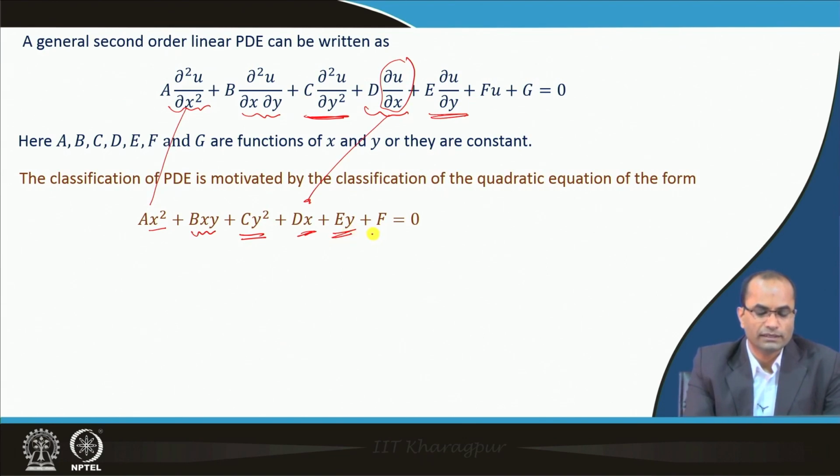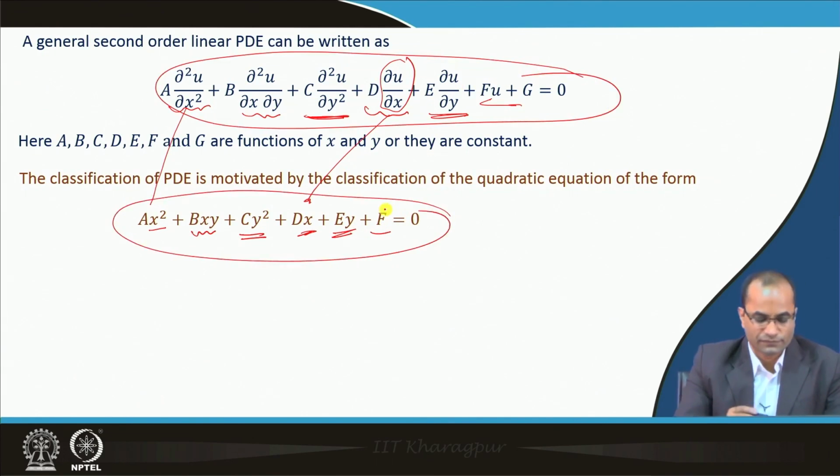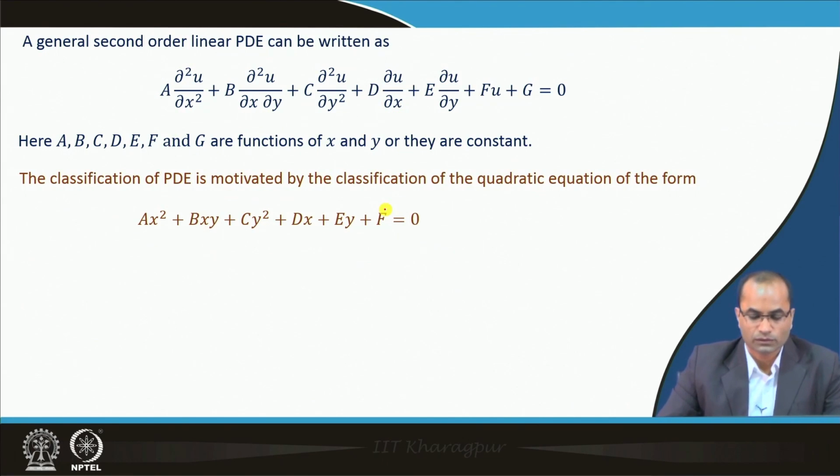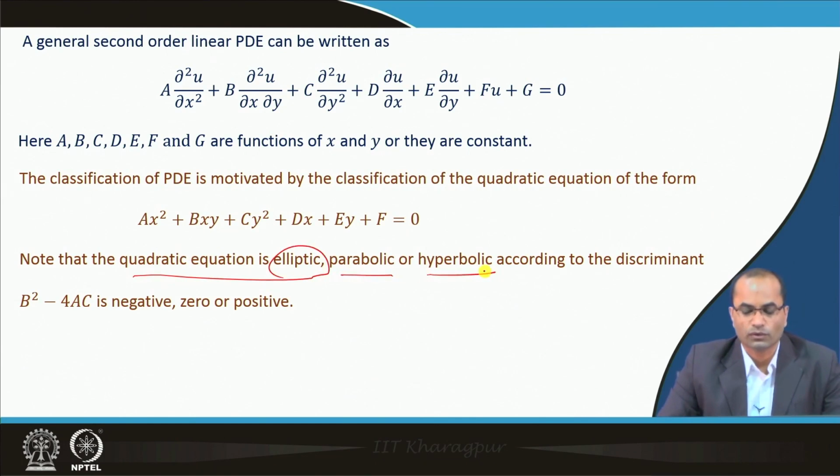So, with y, and then we have some constant here, which is f equal to 0. The classification of this PDE is based on the classification of this quadratic equation, because we know that this quadratic equation is elliptic, parabolic or hyperbolic according to this discriminant, which is b square minus 4ac. So, if this b square minus 4ac is negative, then such a quadratic equation is called elliptic,